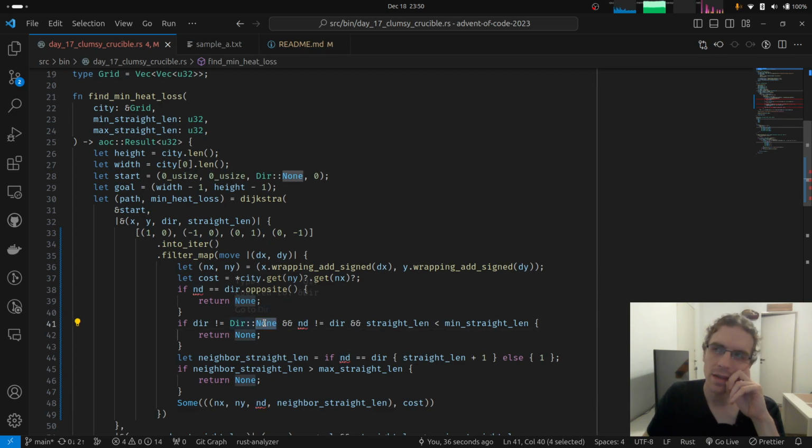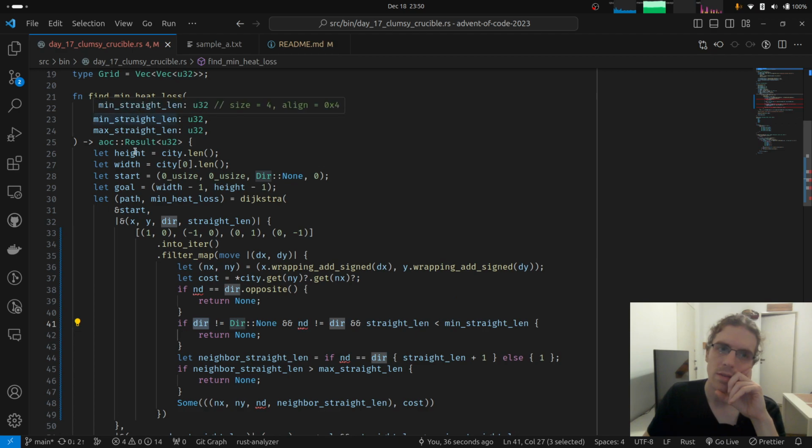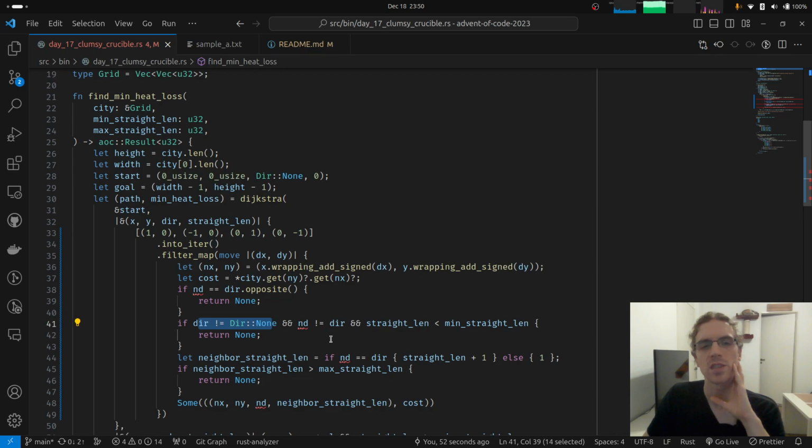Oh, and we also have a none, which is not very nice. But we can get around that. Yeah, I think we also have the starting position, so checking for this is the same as checking the starting position, so we can sort it out. We can work it out.